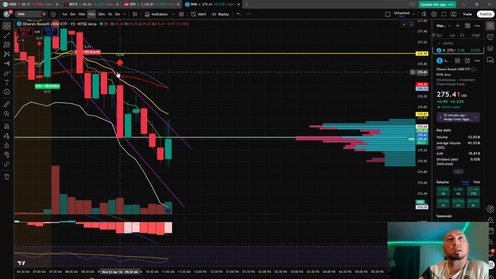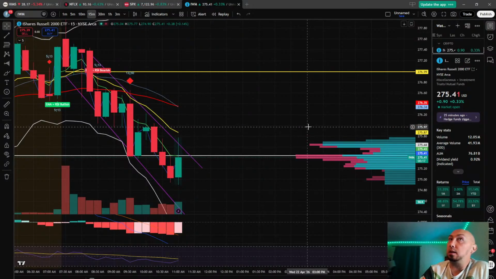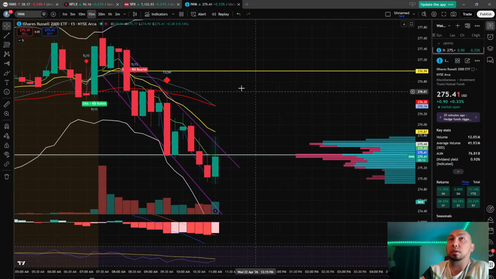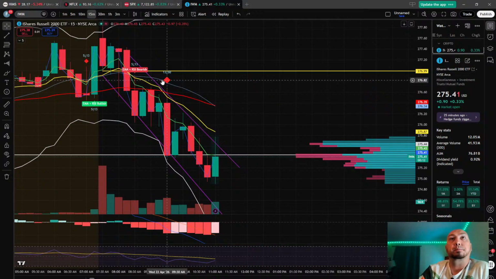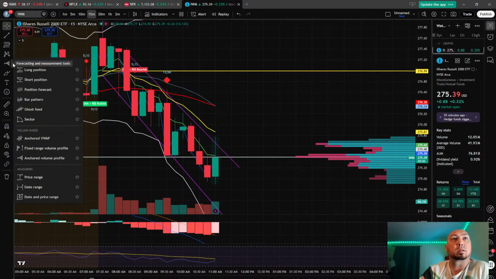Yeah, we got this little EMA starting to cross the 50. Is that indicative of a lower move? What's the price range on?